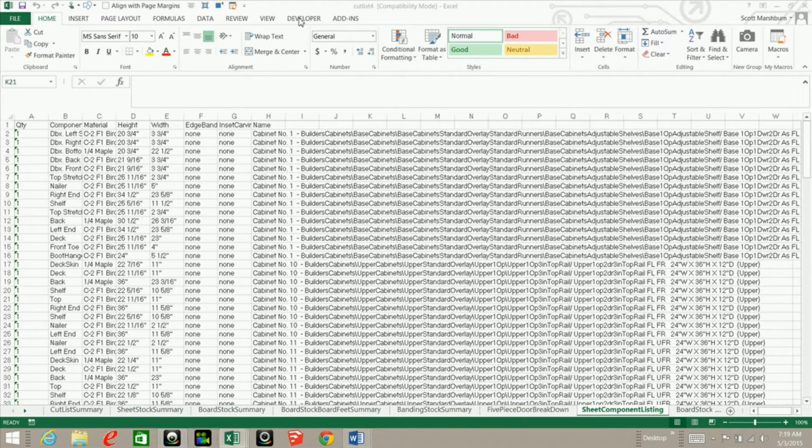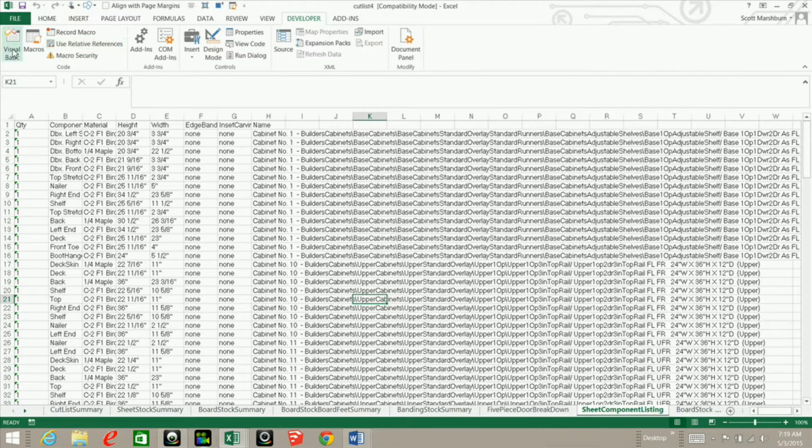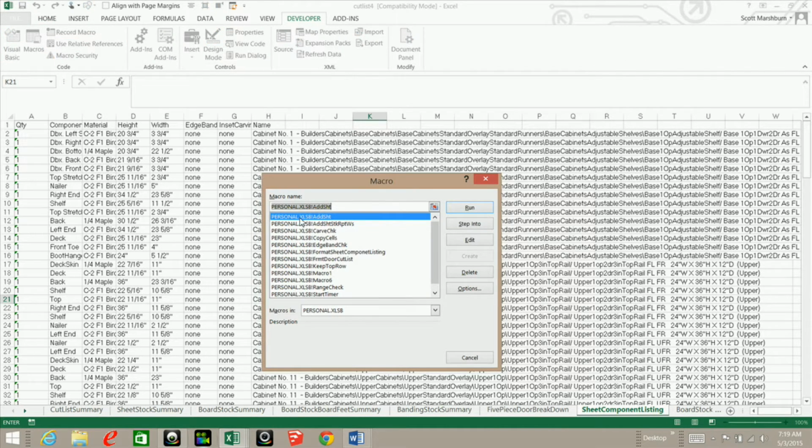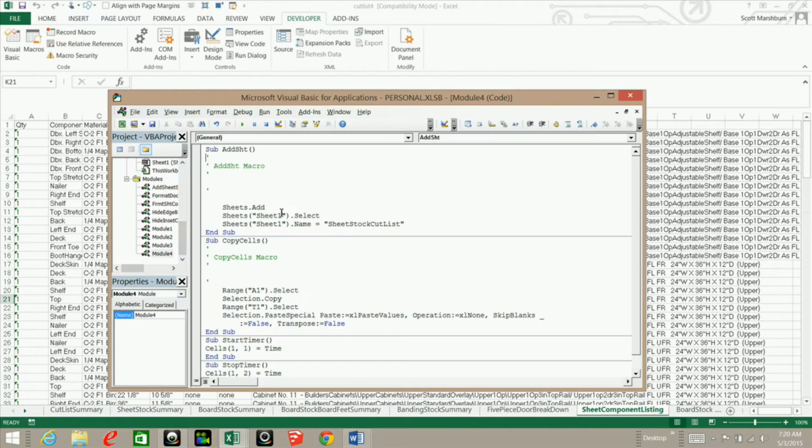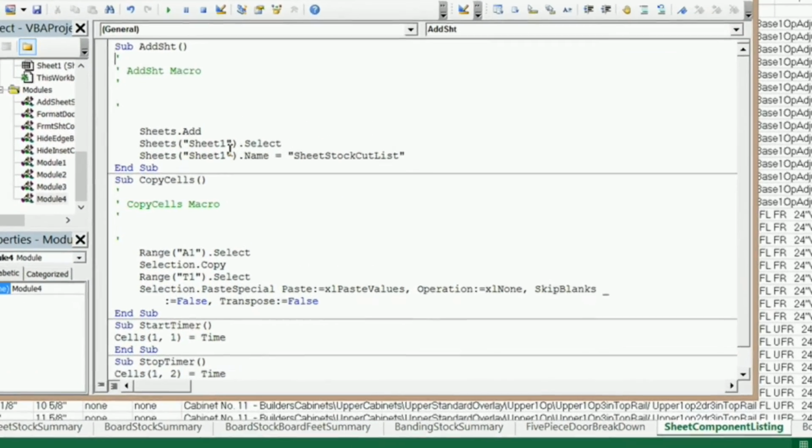So I'm going to go into my developer tab here, and I'm going to go into macros, and I've got a macro that I recorded myself adding a sheet. I'm going to go edit. This could be buggy because, if I show you right here, before I started recording this macro, I went ahead and added a sheet and then deleted it. What it's going to do is add a new sheet, but it's going to be named sheet 2. So if I hit F8 to debug,